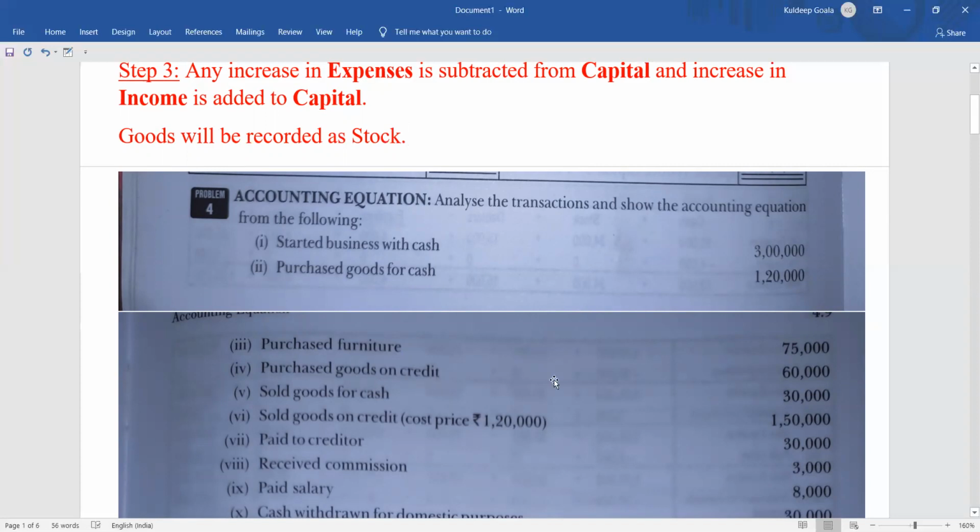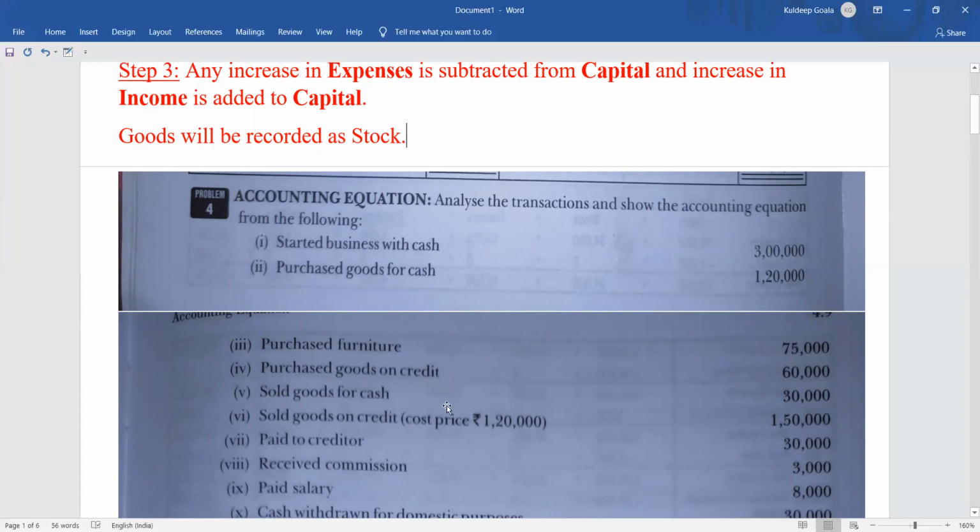Purchase goods on credit. If you purchase on credit, what do we get? The name of the supplier as a creditor, right? सप्लायर को हम लोग क्या बोलते हैं? अगर उधार में खरीदे तो क्रेडिटर बोलते हैं, राइट? इसको हमें पैसा देना पड़ेगा, राइट? Creditor. So one liability we have got, 3 assets, 1 liability and 1 capital.